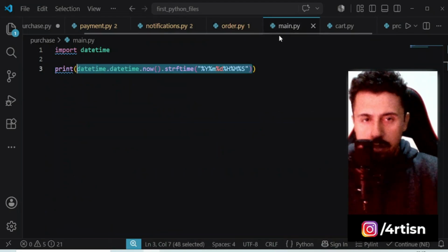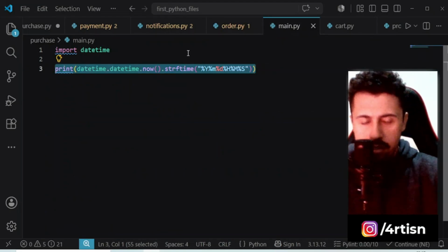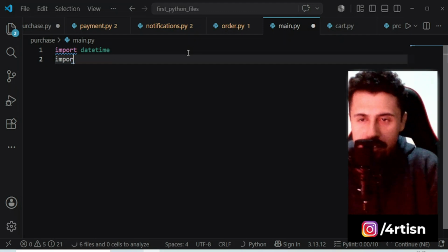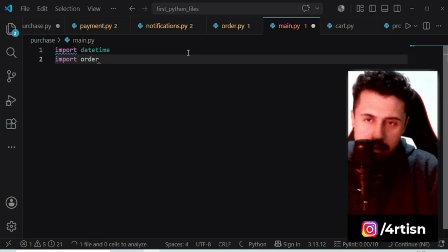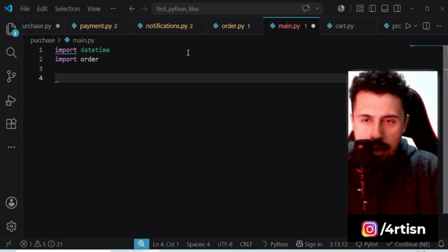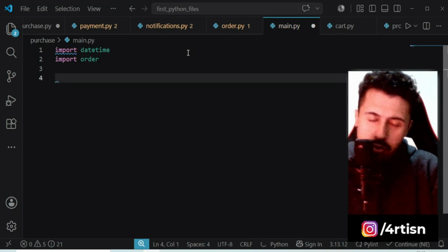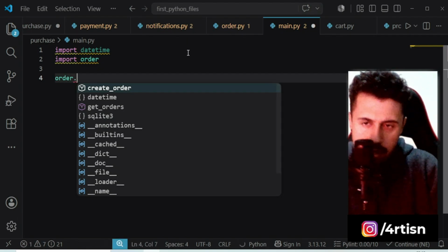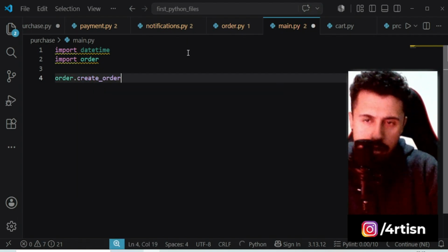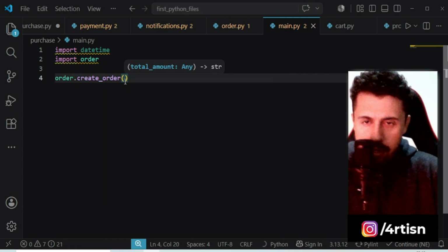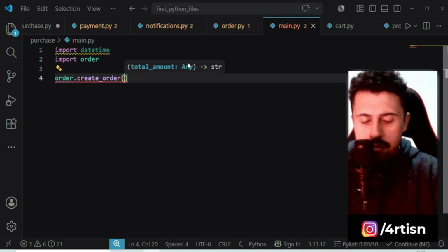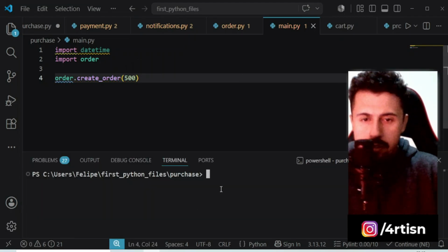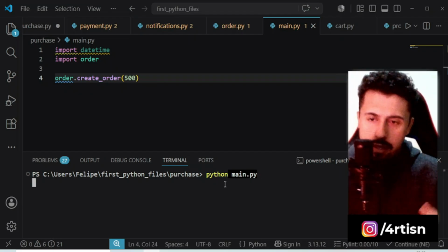Alright, so in our main.py, our orchestrator, let's import our order module and call the function create order. So order dot create order. Let's create an order that the total amount is going to be 500. Open the terminal again, python main.py, and